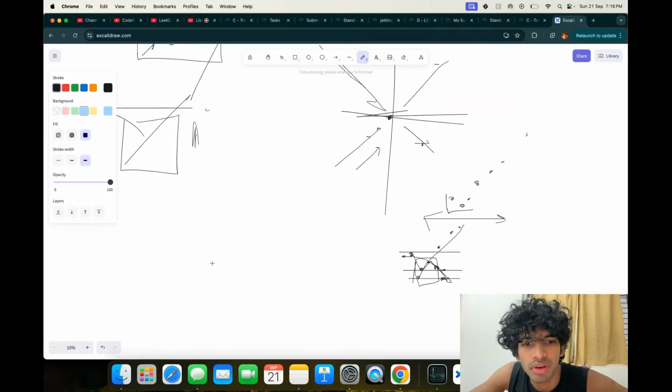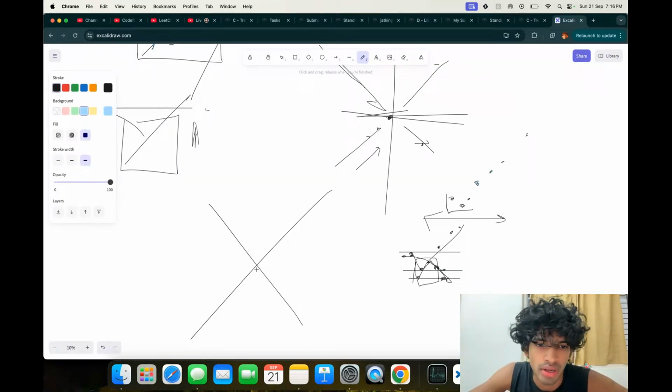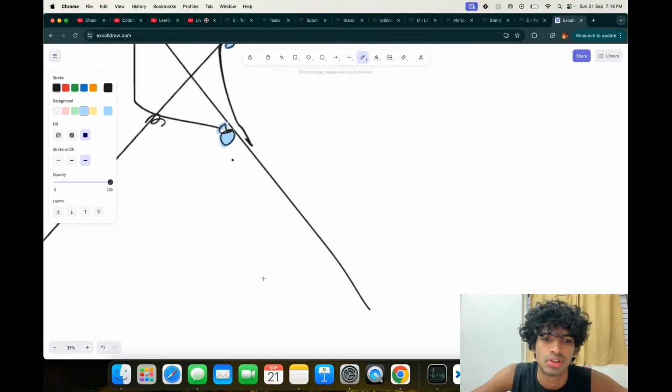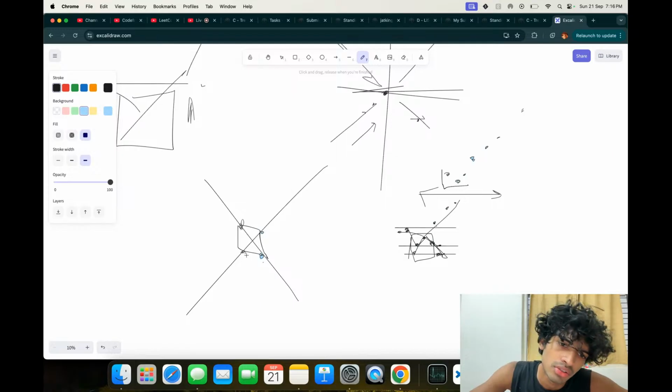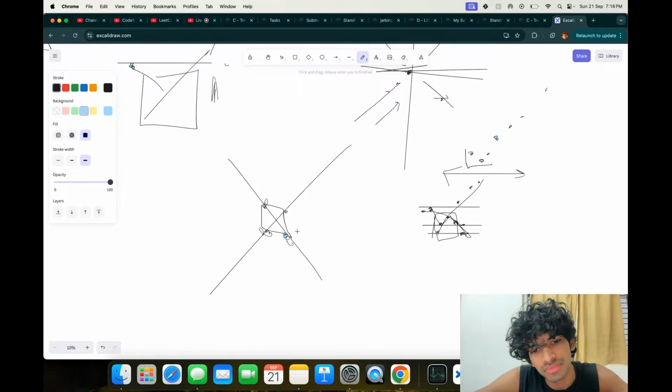Let's say you have some LIS, some LDS, and then you look at these 4 points. Okay, let's try to look at these 4 points. You can always involve these two, or you can always involve these two, right? So there will always be one point which is in both of them. If this thing doesn't exist, then if all are here, then you can take this or you can take this, except if all of them are before.